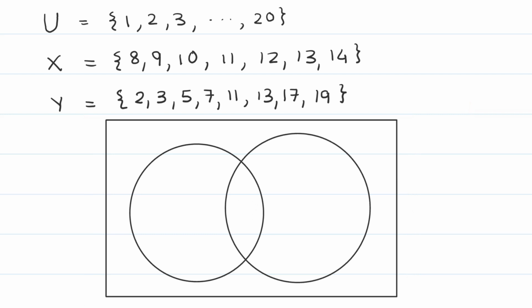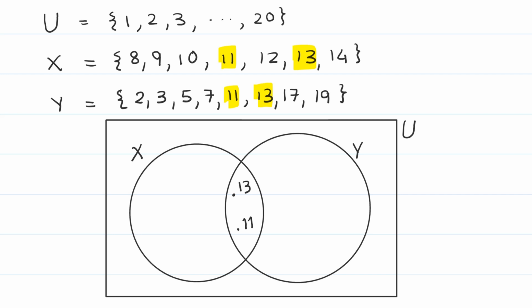So here we will show x and y sets by using circle shape and universal set rectangle. Now first make list of all elements common to x and y so that we can write common elements in common region. So 2, 3, 5, 7, 11 is common. 13 is common. So first write 11 and 13 in common region common to x and y. 13 and 11. Order is not important, position is not important.